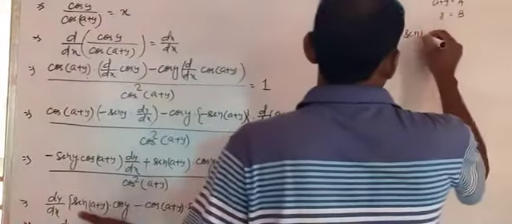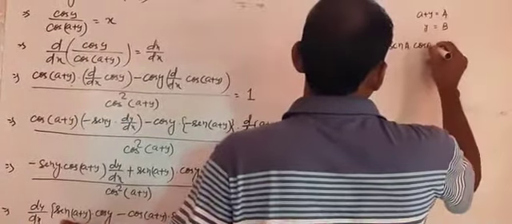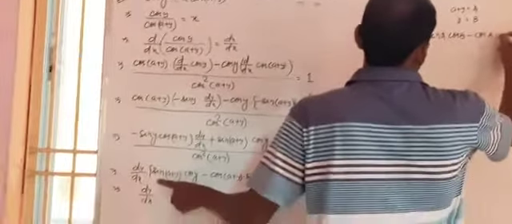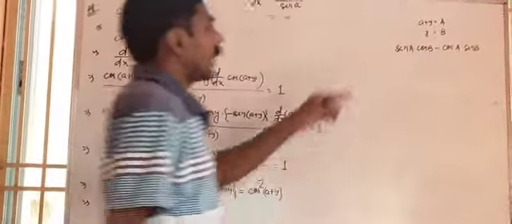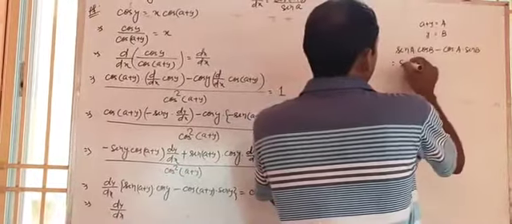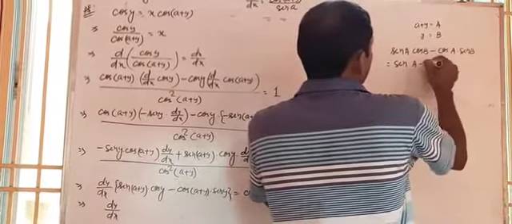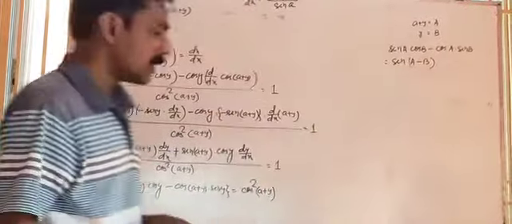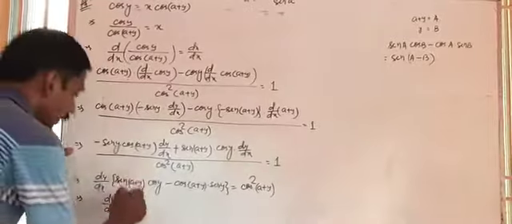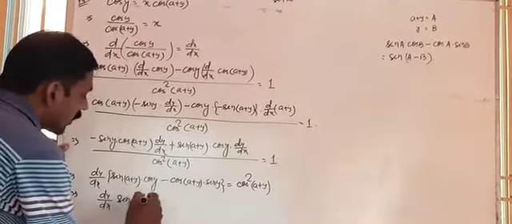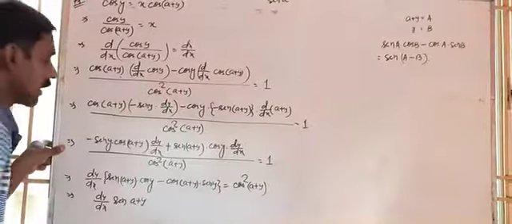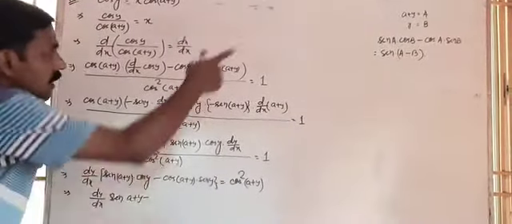You see, it is in the form of sin a into cos b minus cos a into sin b, and this is the formula of what? Sin a minus b formula. So here we can write sin a minus b. What is a? A is x plus y. Minus b. B is y